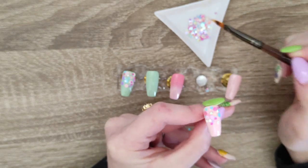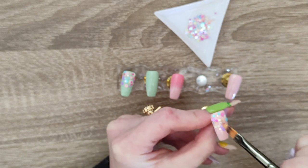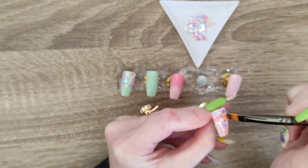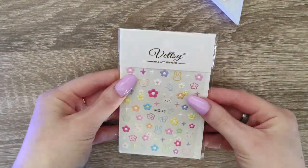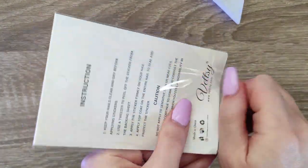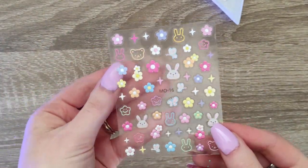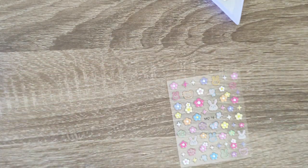Again, just making sure that the glitters are not too layered up on top of each other so the nail doesn't get too bulky. As those are curing, I'm going to pull out these really cute stickers from Vettsy. Got really beautiful pastel flowers and bunnies on them, some butterflies, and I'm going to do a little nail art